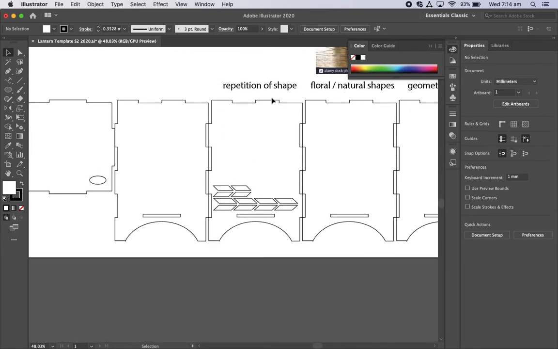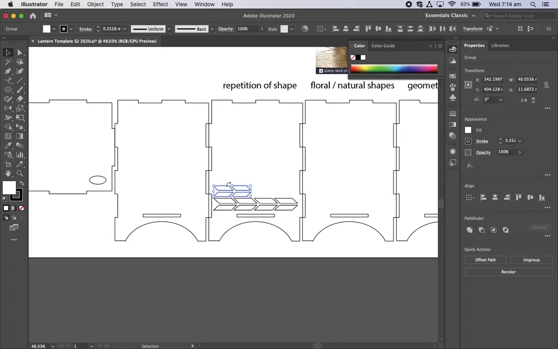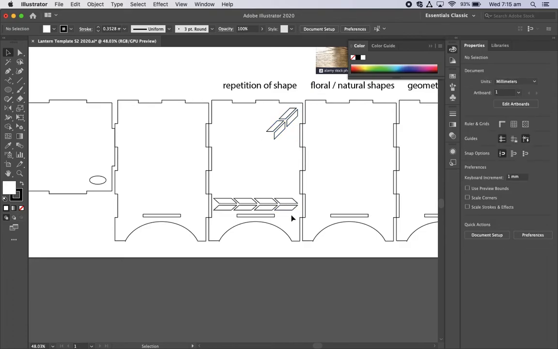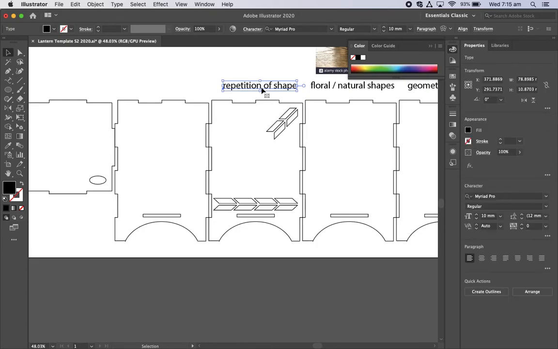So you can see that I have just started experimenting with repetition of shape. I can group all this together, and I can rotate by going to the corner, rotate to 45 degrees by holding Shift, and maybe I would like something, for example, a little bit like this. That looks kind of cool, just in the corner. It's a nice little accent in the top corner, a nice little feature. Now I will repeat the repetition of shape just over on this side so we've got some clear space,